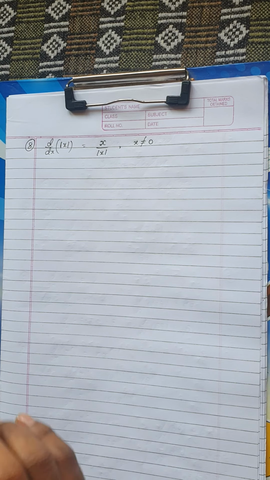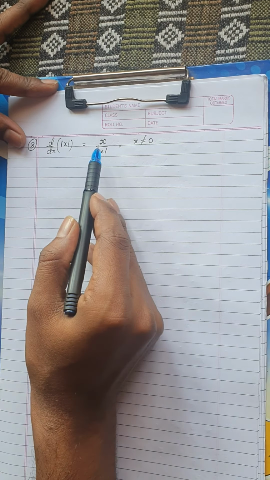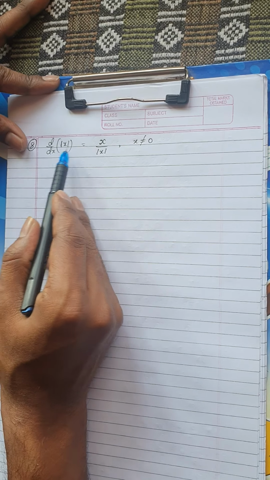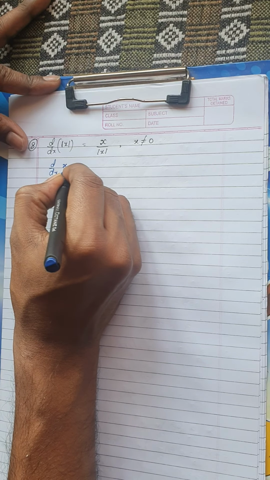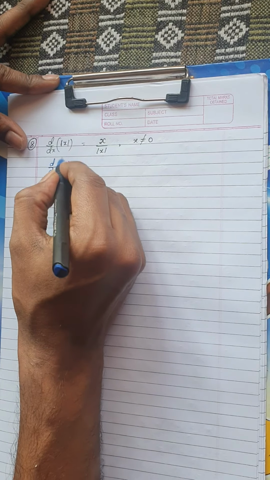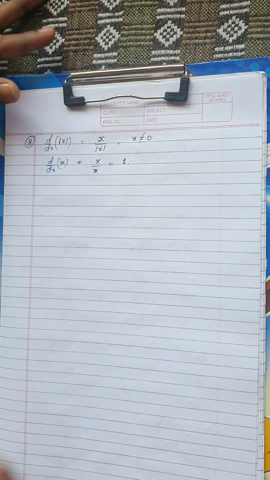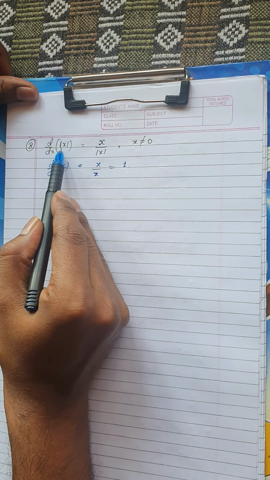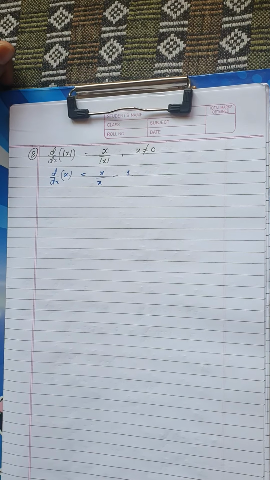Okay, the next formula is the derivative of modulus of x, mod x. So the derivative of mod x is x divided by mod x. Is it clear? We just use it in some of the cases. So the derivative of modulus x is x divided by modulus x. Now the derivative of just x follows the same pattern, so it is x divided by x, which is nothing but 1. That is why we just take the derivative of x as 1 itself. But the derivative of modulus x will be x divided by mod x, remember this.